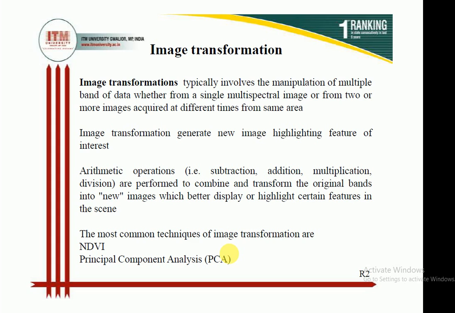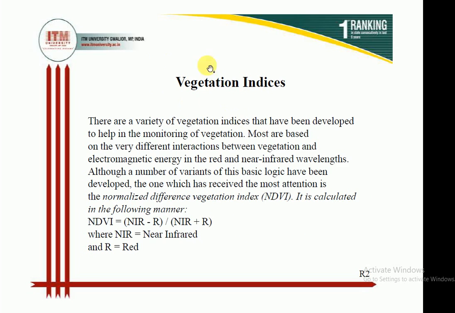What is NDVI? NDVI is normalized difference vegetation index. It is the most common vegetation index which is used. Basically it tells the chlorophyll content or the healthy vegetation. In this, what happens? The images are taken in two sorts of wavelength. One is the image taken in the near infrared zone, and second one is the image taken in the visible range or red zone. Now whatever data or whatever reflectance we get in both regions are subtracted and added and then finally divided. Later on we get a value, an integer value. It may be a positive one, it may be a negative one.